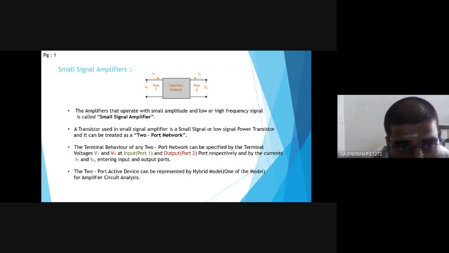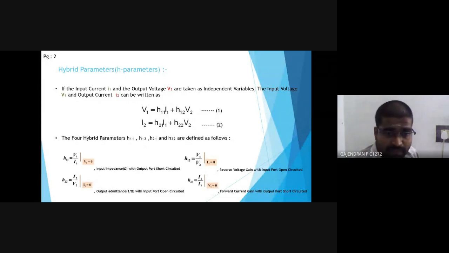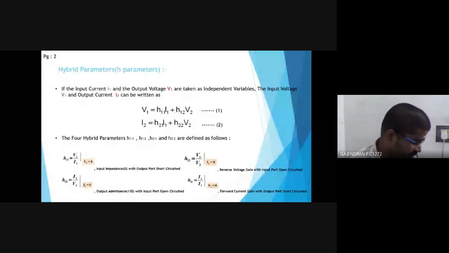Proceed. Yes, sir. Moving to the second slide, and it's hybrid parameters. First, why do we need to study hybrid parameters? Why is a new term coming here? First, hybrid parameters are used to analyze the characteristics of the amplifier, which talks about current amplification, current gain, input impedance. Here we talk about 4 parameters, and